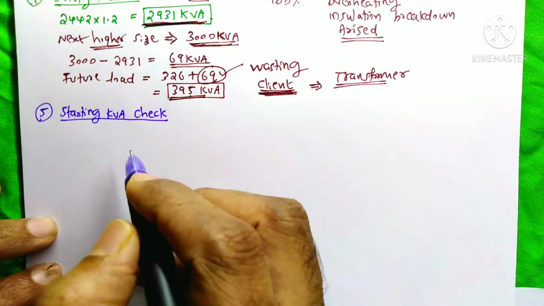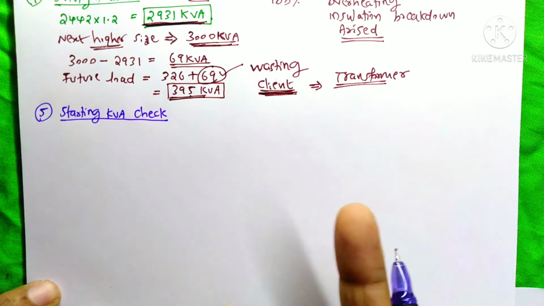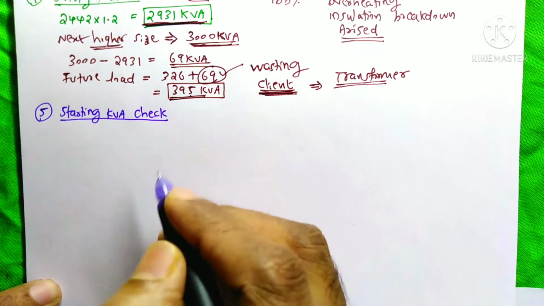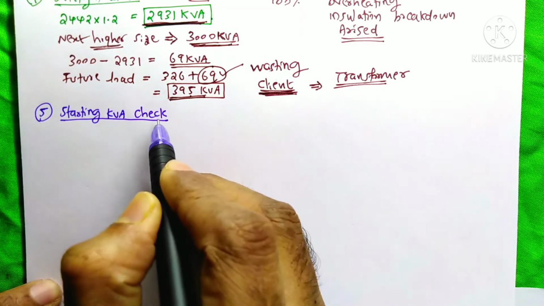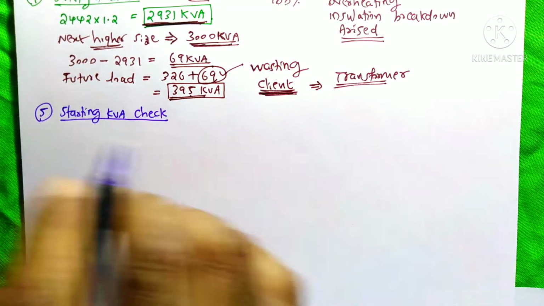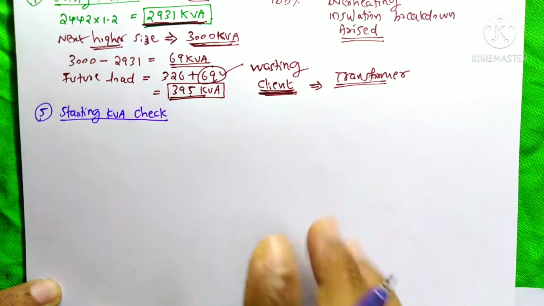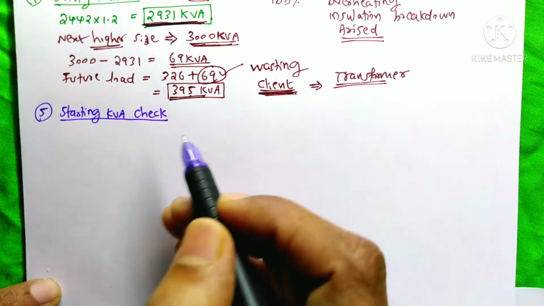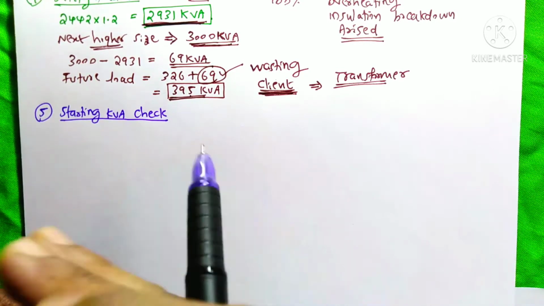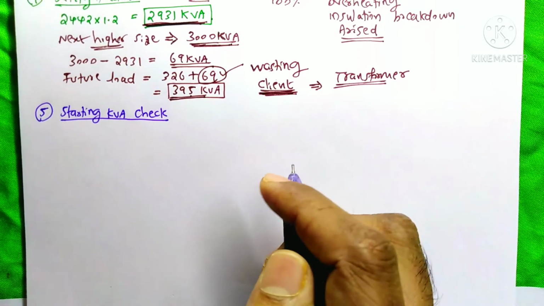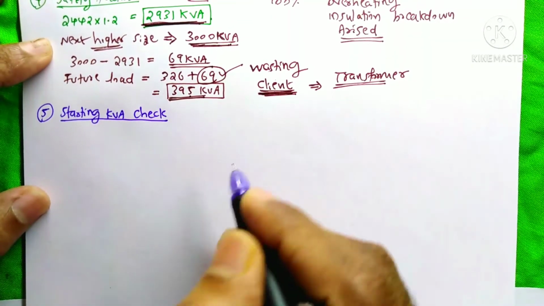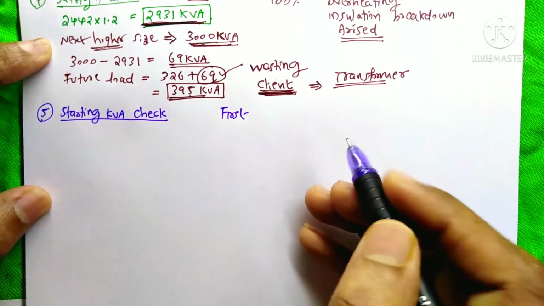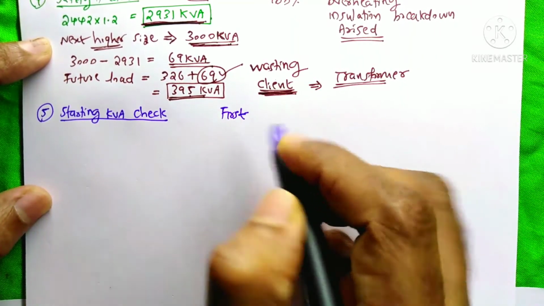In your building project, if you have big motors, for example a 50 kilowatt motor or 100, 200 or 1000 kilowatt motor like that, then you need to do this check, the starting kVA check. This means if all other loads are running at the same time and last you need to start this motor, then we need to know that this transformer will be able to provide that starting kVA to that motor. And if you are going to start your big motor first, meaning at that time no other load is running, then there is no problem for this check. But in industry it will not happen.